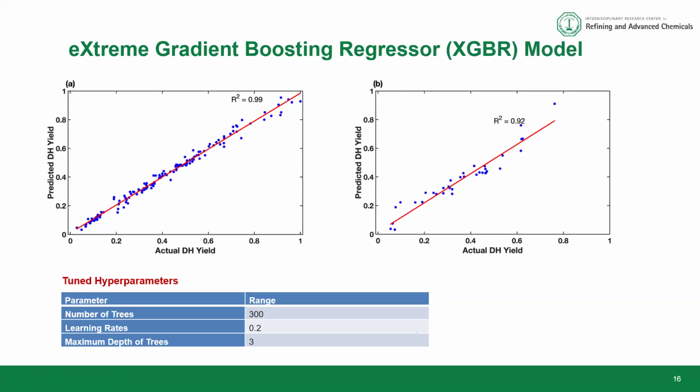And finally, the extreme gradient boosting regressor, which is the XGBR model. It also has the parameters number of trees, learning rate, and the maximum depth of trees. As you can see, we got a 0.99 R-square for the training and 0.92 R-square for the test data. So these are the 4 models that we selected out of several models that could be tested for this data. In the previous studies, we tested a series of models. However, for this study, we limited ourselves to these ones, since the others did not perform up to the level of these 4 models that we are presenting today.